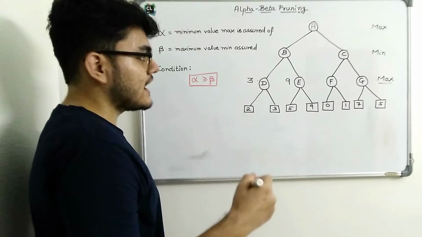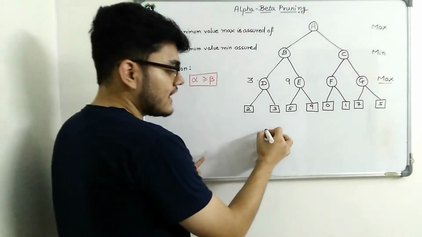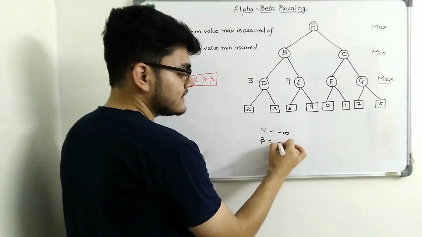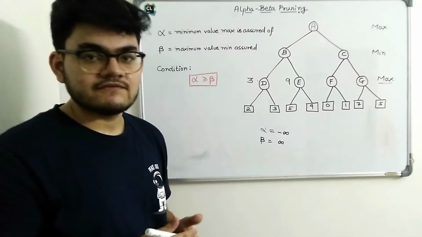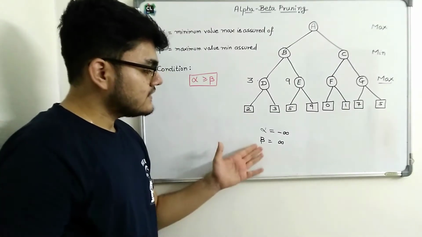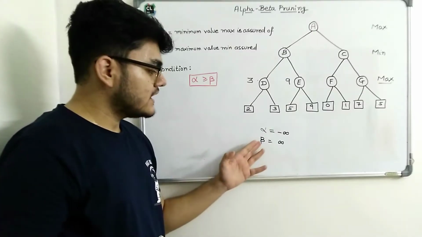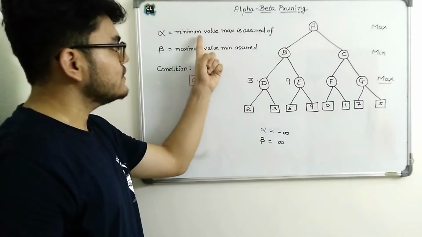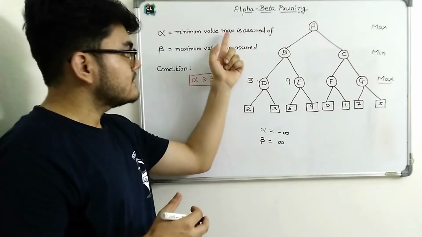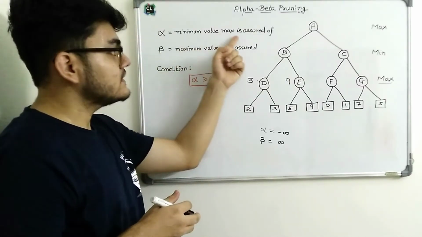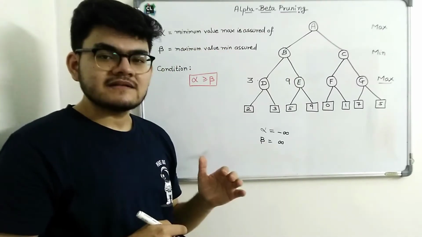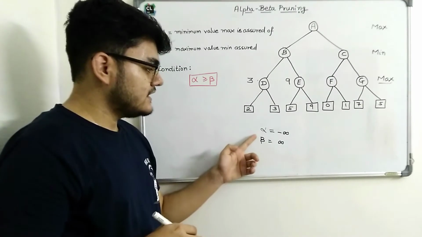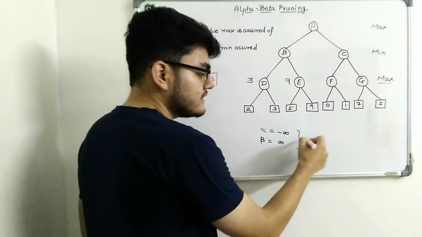So here also we have the alpha and beta. Initially alpha is equal to minus infinity and beta is equal to positive infinity. Now the question is why alpha is minus infinity and why beta is infinity, right? Now consider this value alpha. It is the minimum value the maximizer is assured of, right? So the maximizer knows that this is the minimum advantage that I can get. So what we're going to do is initialize alpha and beta according to the worst case scenario,